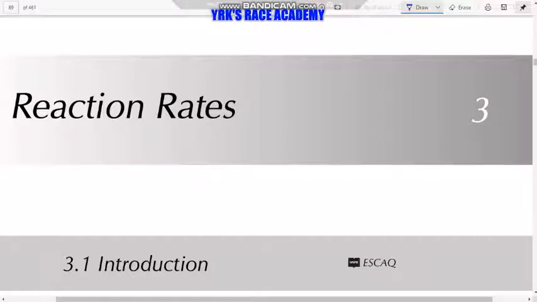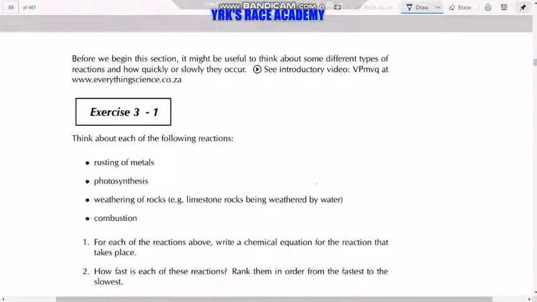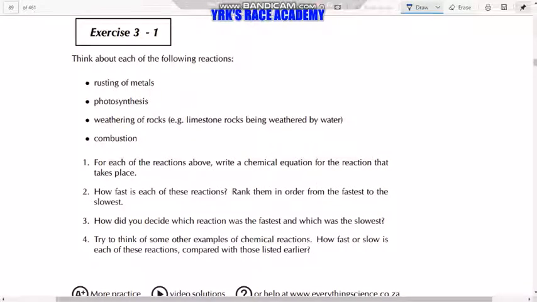Welcome to my class on reaction rates, kinetics. In this introduction, we have a small exercise: think about some of the following reactions: